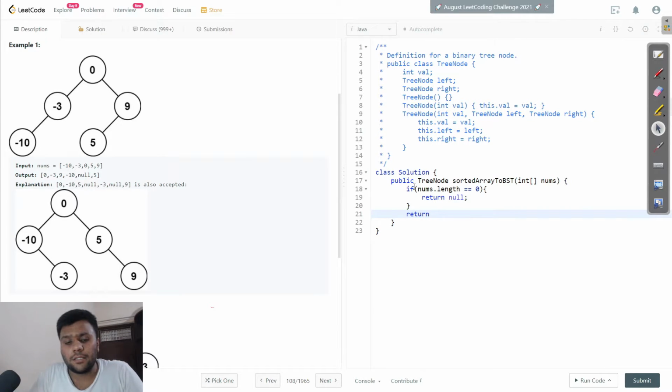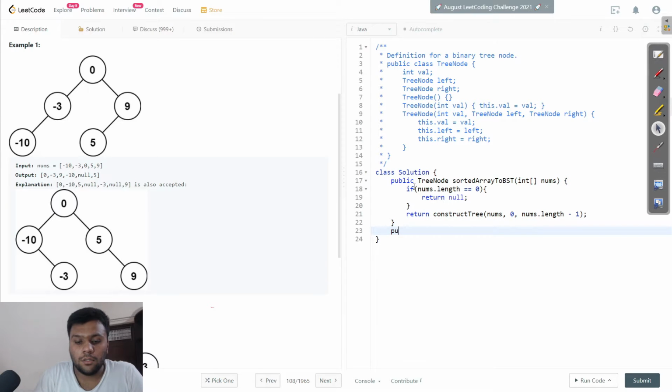I will call it construct tree. This function helps us construct our tree, and I will give it as input nums, the starting index, and the ending index, which will be nums dot length minus 1. I hope this makes some sense.